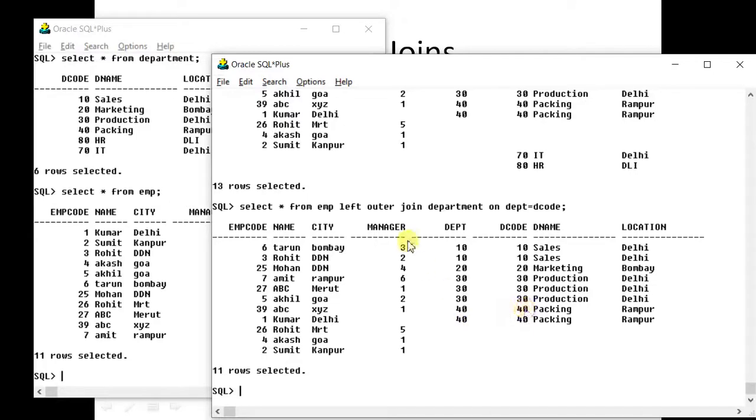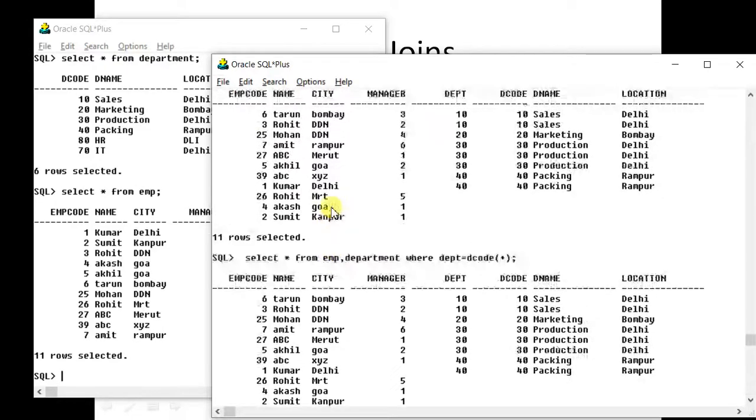See, this output is exactly the same as this one. Select star from employee, comma, department, where dpt equals to decode plus. You can see the output is the same.